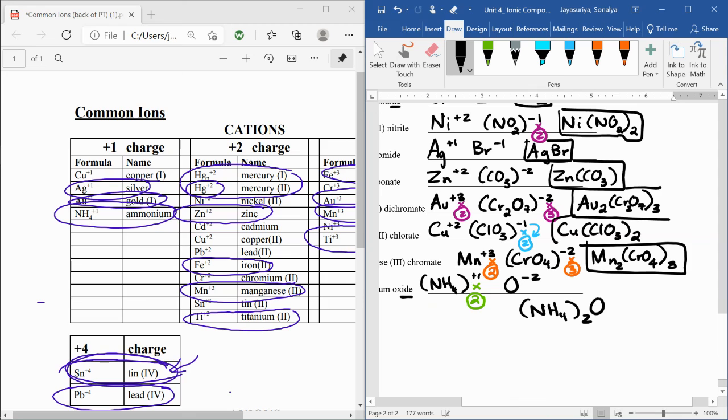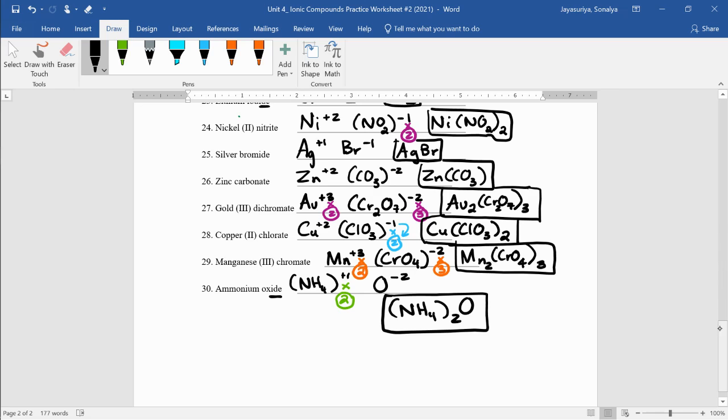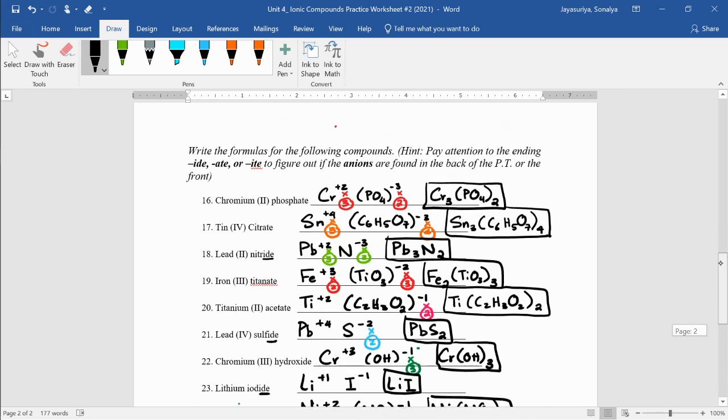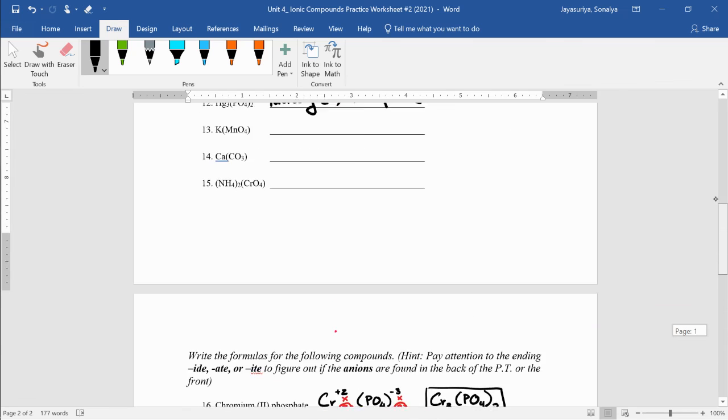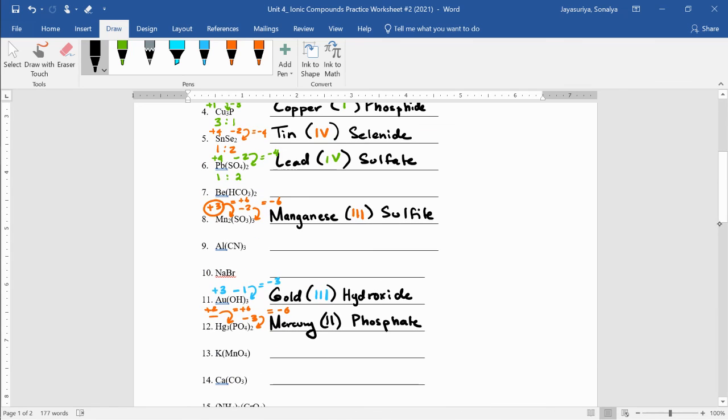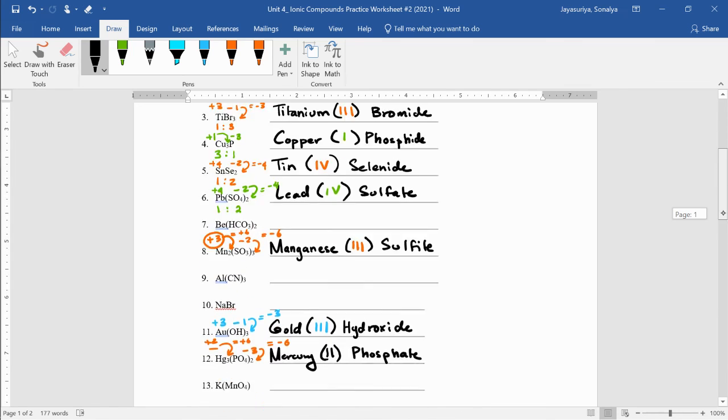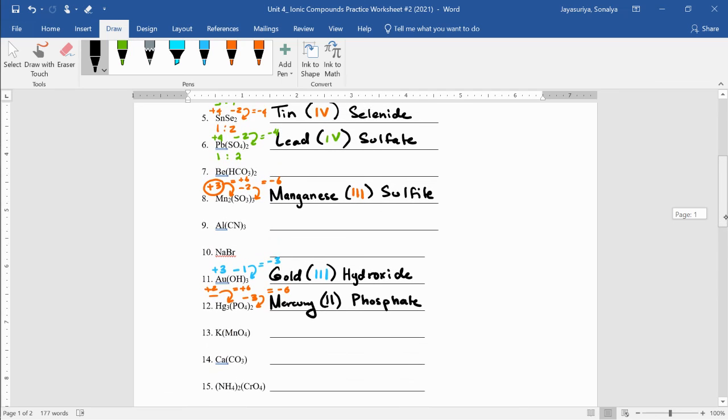Okay, so those are your answers and the methodology to do formula writing. Just as a refresher to your brain, hopefully this will help you guys get back to balancing charges and getting used to balancing charges. So again, the gaps left here, you can find those answers on